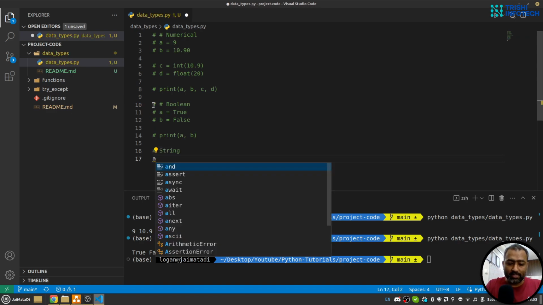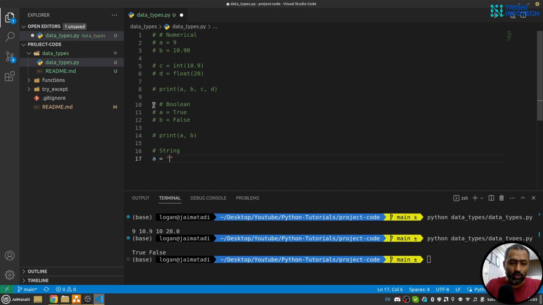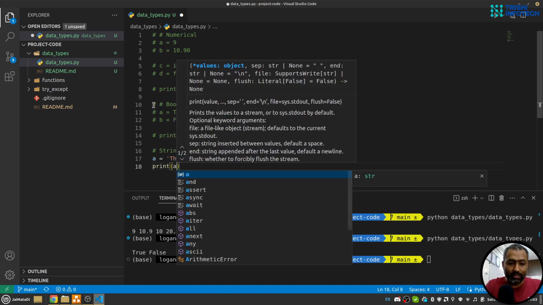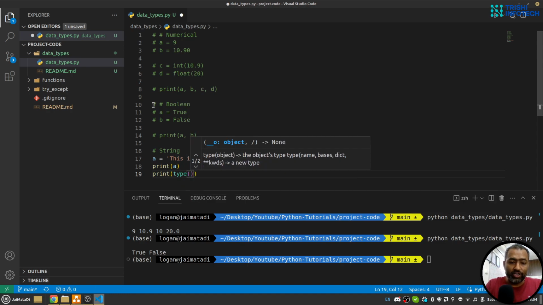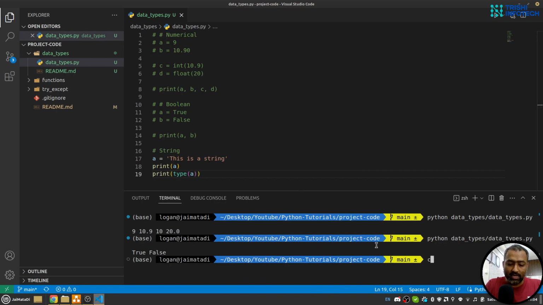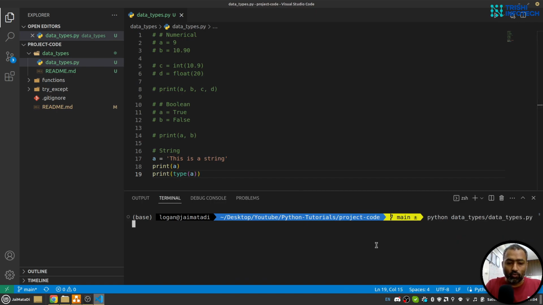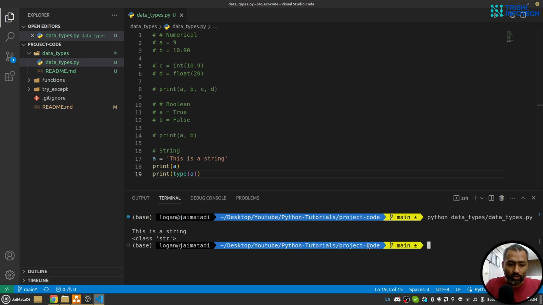So a string is again, you just use single quote or double quote to define a string. Like this is a string and we can print that. Let me show you one function called type, which returns the type of the variable, and with that we can easily understand what type of data it is. So you can see that it's a class string, and string has different methods, like